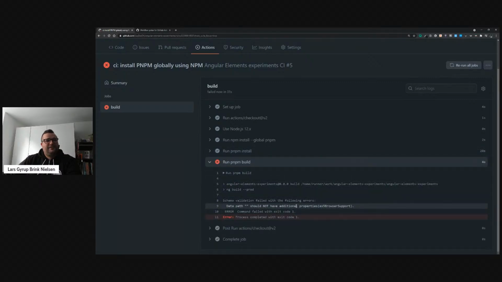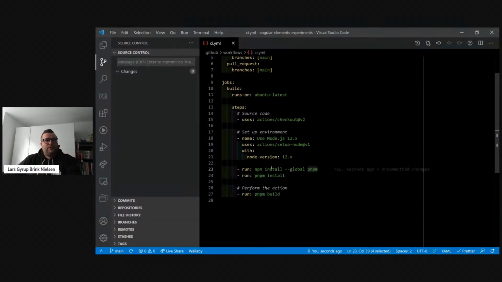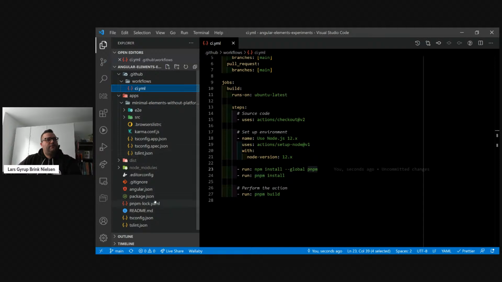Oh, okay. So now it's actually running the build script. So it's triggering ng build prod. But I added this ES5 browser support that I thought was deprecated and seems to be. So it wasn't in Angular 9 I based this project on. So let's remove that as well. So to do that, I'll have to go into,